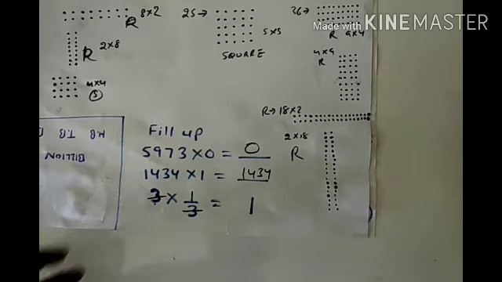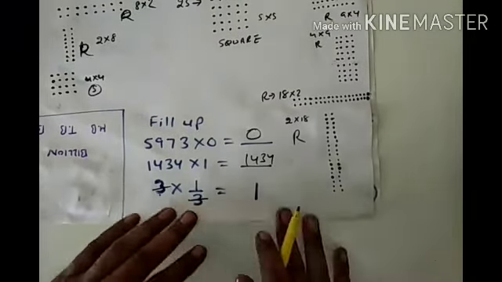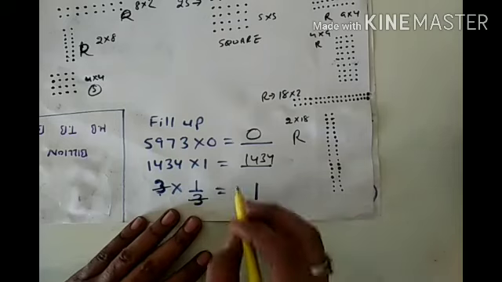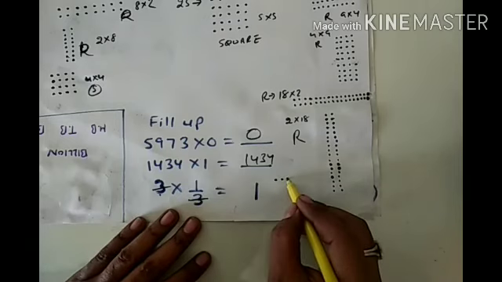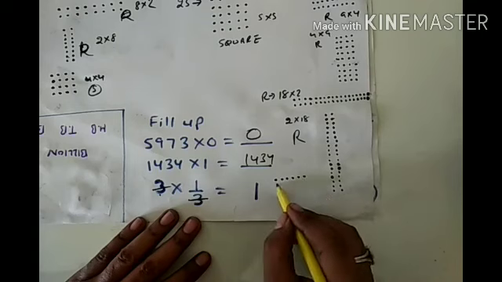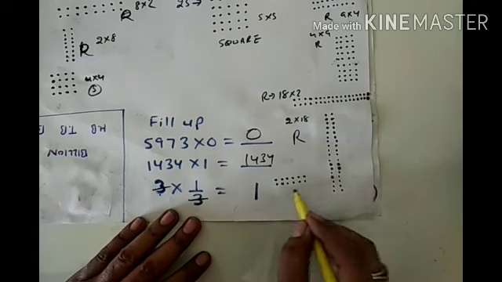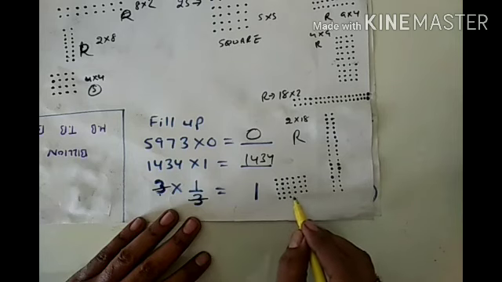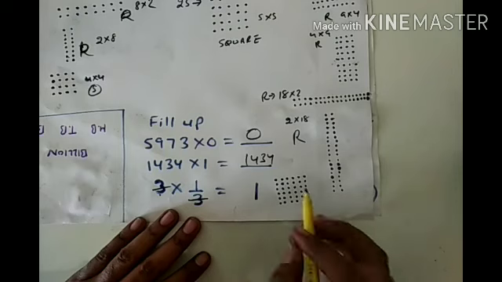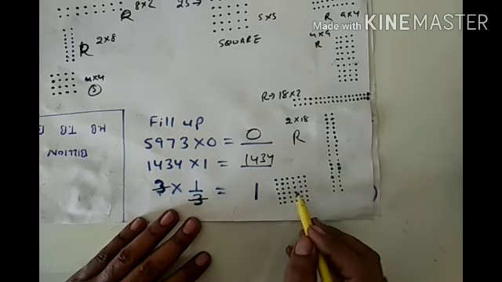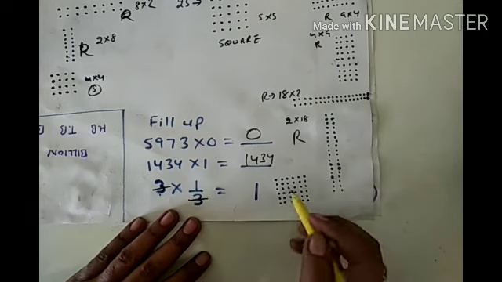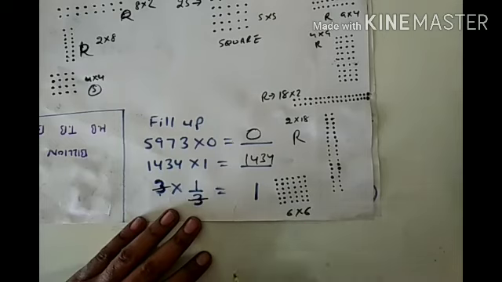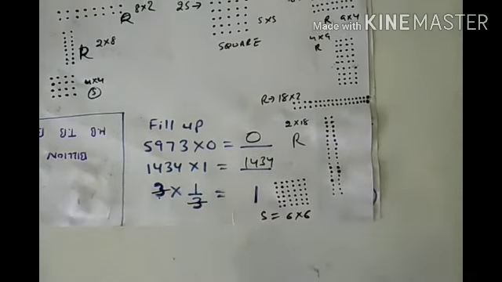Now we will make another pattern, that is the square pattern. That square pattern will be like this: 1, 2, 3, 4, 5, 6 in each of six rows. Now 6, 12, 18, 24, 30 and 36. So this is the square pattern, of the form 6 by 6. Now this is the answer.